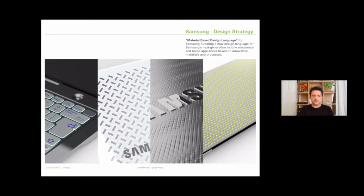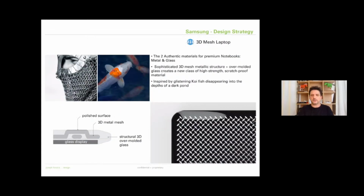For example, a solid glass laser cut keyboard with glass keys and edge-lit lighting, or micro laser digitally produced etching on the surface of a metal laptop. This particular concept was inspired by the three-dimensional mesh of medieval knights. And if you take this three-dimensional mesh and lay it out in a plane and freeze it by overmolding injection molded glass, you get this subtle three-dimensional texture that has a depth that gives it very rich visual